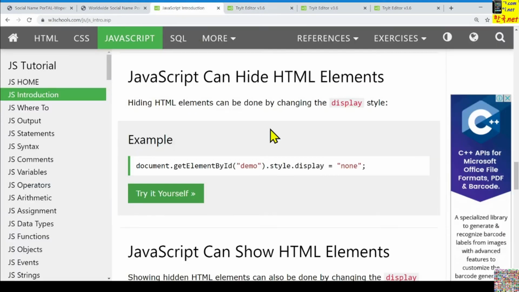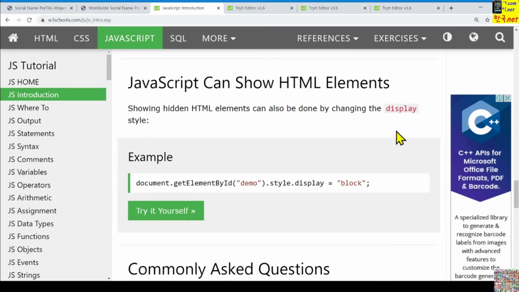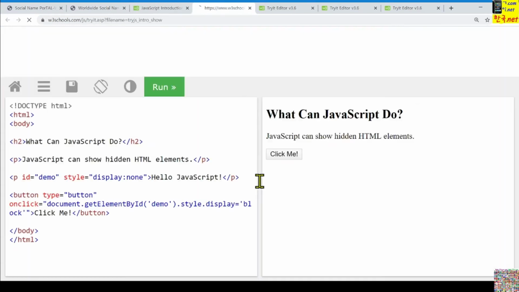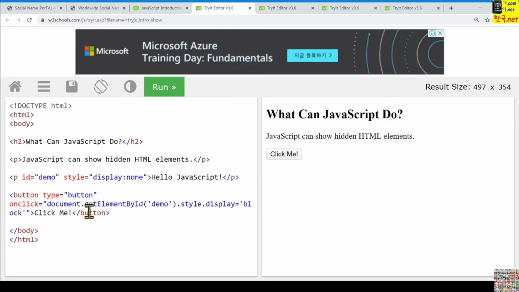In this way, we are learning that the style and the property and the value can be changed, and we can show different effects. Also, as we learned already, CSS style has properties, and depending upon the property value, we can see different style effects.